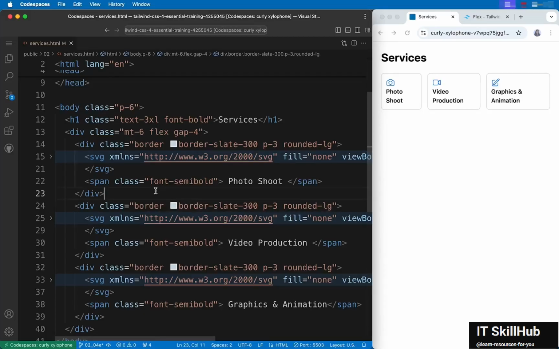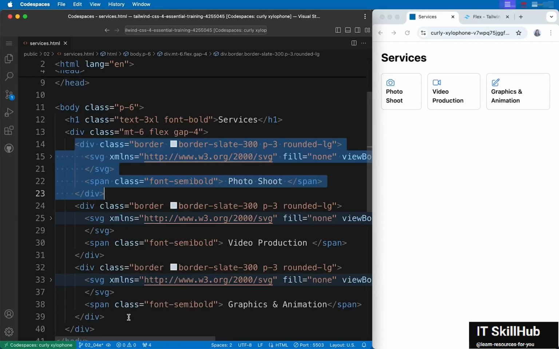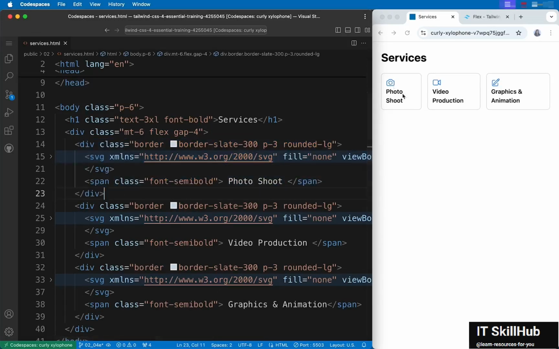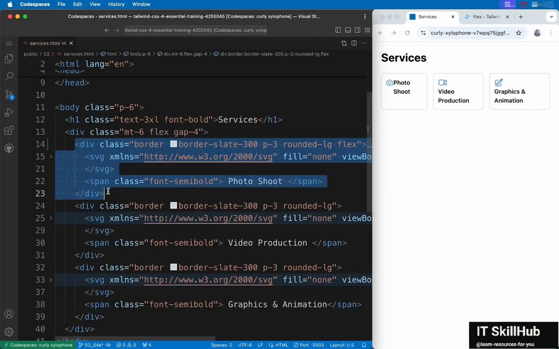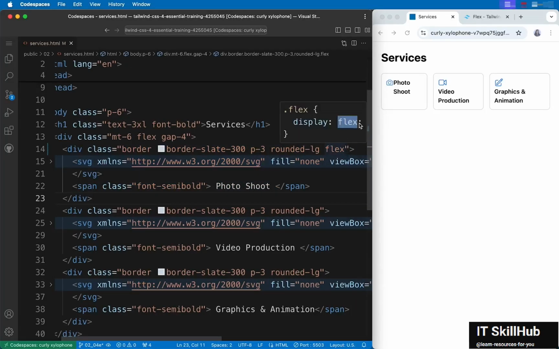Next, let's look at how to nest flex box within another flex box. So for now, this is a flex container, and these 3 are flex items. What if I want to turn this flex item further into a flex container, because I might want this icon and text to stack next to each other? Simply do the same thing you did before. Set the flex utility class, which will set the display value of this div as flex, and then you have a flex container.